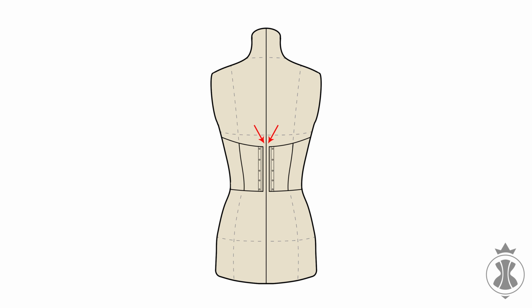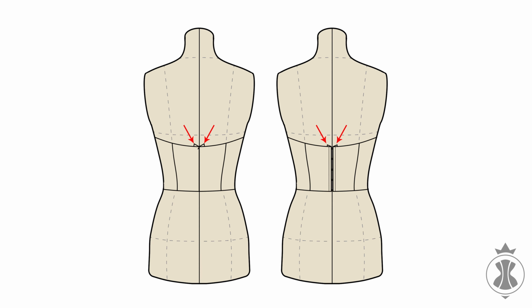If you plan to use lacing as a fastener, the length of the upper edge of the product will be adjusted by the lace tension and the gap between the details of the back. If the garment is to be fastened by hooks or a zipper, the upper edge can be adjusted, if necessary, by the allowances of the center back details.